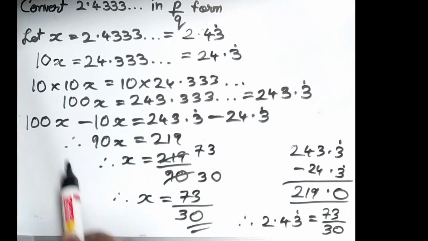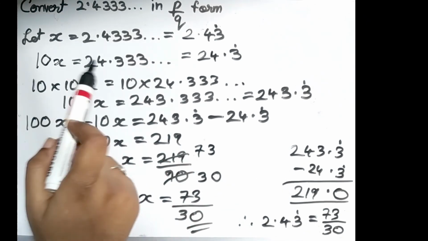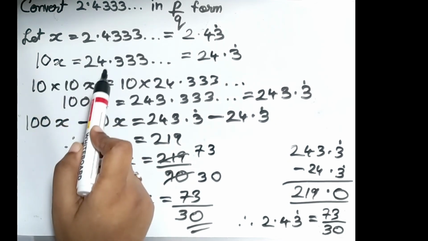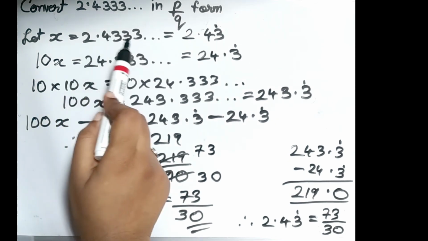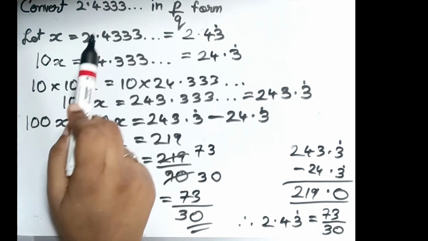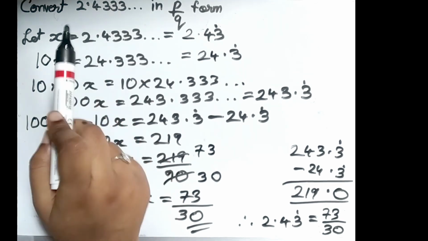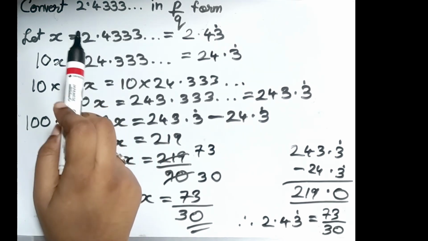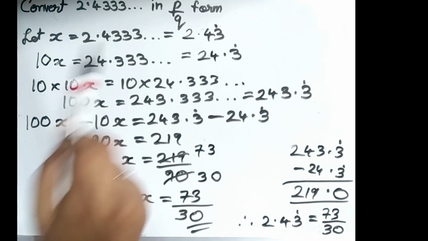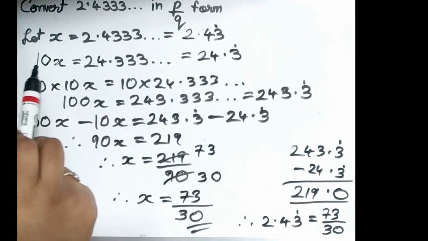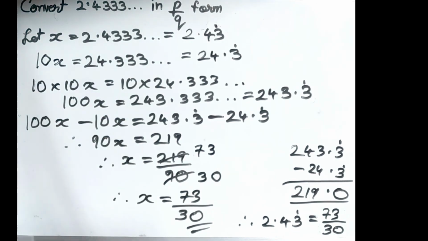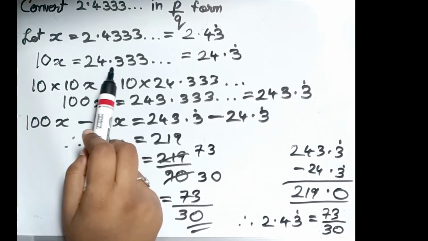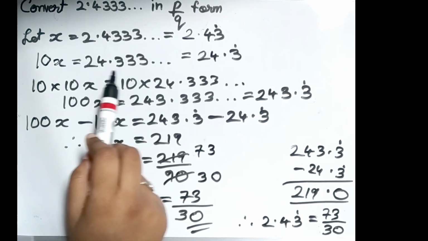See, in this sum only one step is different, that is this step is extra, right? Why are we doing this step? Because we have to take only the repeating numbers after the decimal. If the number is not repeating, here 4 is not repeating, so we should put the decimal after 4. So the decimal should shift after 4. Okay, so for that we multiplied by 10, so that the decimal point will shift after 4. So here after the decimal only the repeating numbers are there.